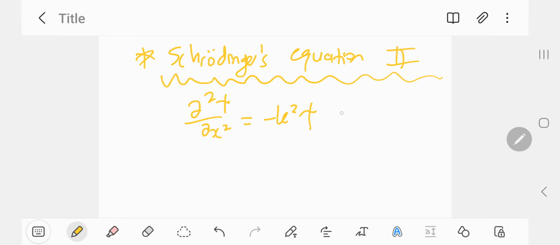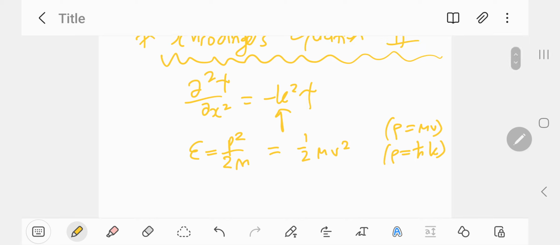minus k squared psi. Now we can use from before, if you recall, for the k here, we know that it's got something to do with the energy, right? So let's write, this is another way to write the kinetic energy of an object, p squared over 2m. That's just the same thing as writing a half mv squared, where p is just the momentum of an object, mass times velocity. And p, if you recall from a previous video, is just h bar k,